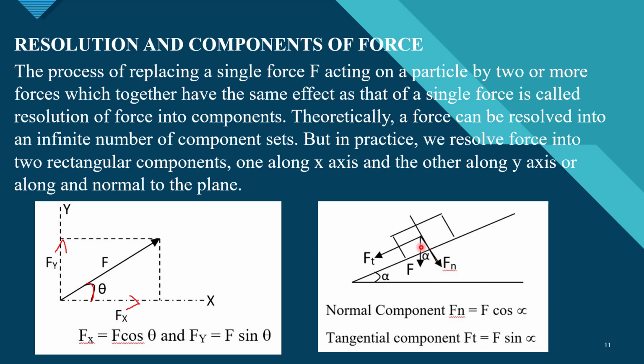Okay. So the component very near to the angle marked, that means this one, Fn. Fn is marked near to alpha, right? So that component will be cos. So Fn will be F cos alpha. Similarly, Ft will be F sin alpha. So this process of splitting a single force into two or more components is known as the resolution, and these forces are known as the components of the original force. Clear? Now let's see the principle of resolution.